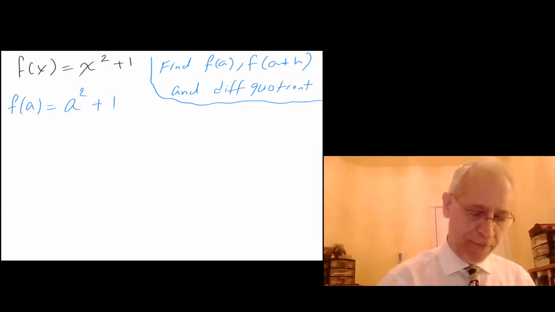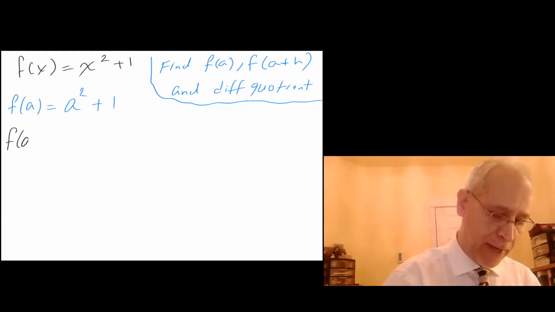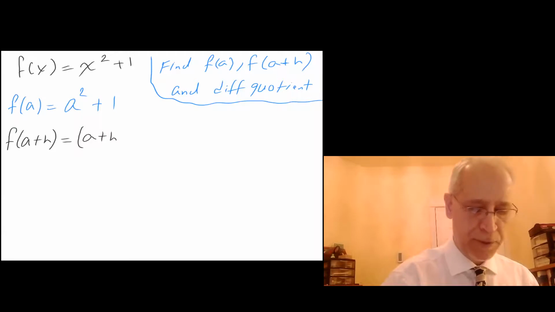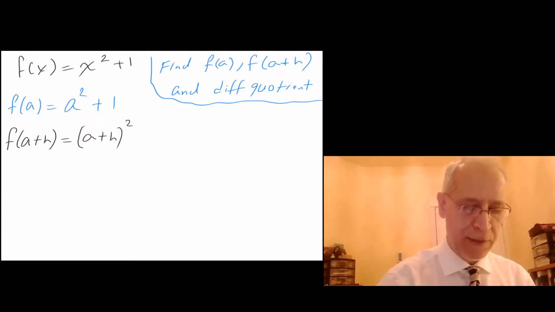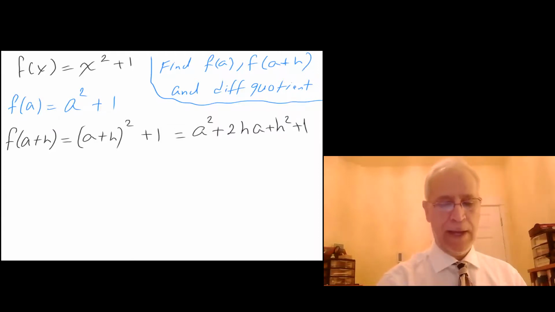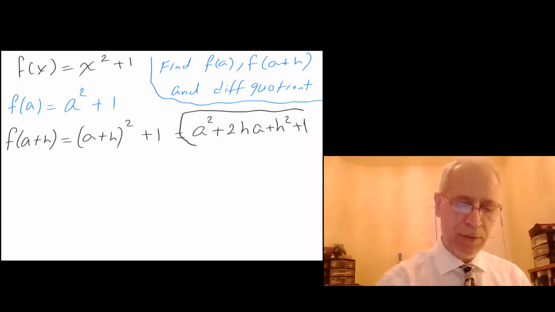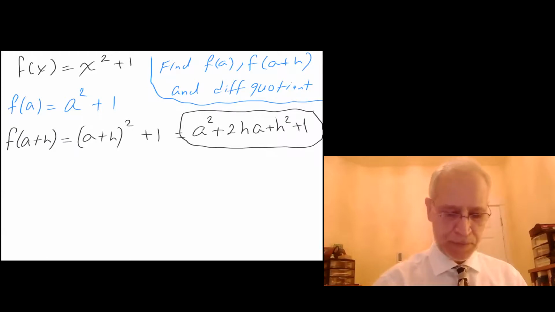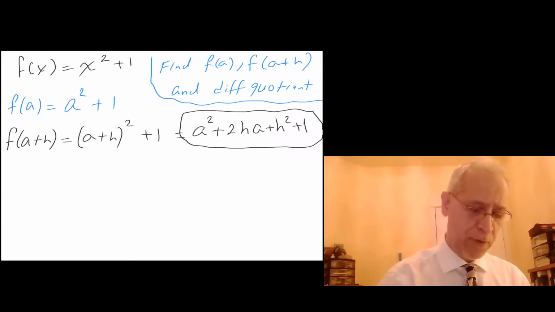How about f of a plus h? F of a plus h equals a plus h to the second power plus 1, and that equals a to the second plus 2ha plus h to the second plus 1. Okay, and now I'm ready to use my difference quotient. Remember, the difference quotient was